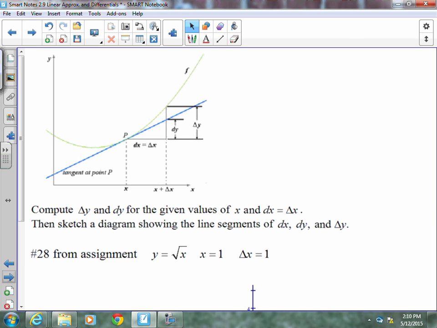Now, let's talk for a second. dx and change of x, like it says at the top of your notes, are equal. They're always the same because it's independent. We decide what that is most of the time. dy and change in y are a little bit different. dy is the